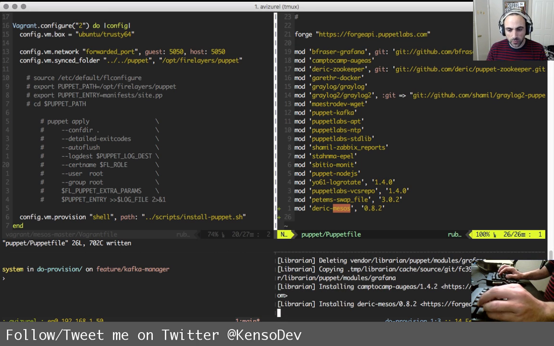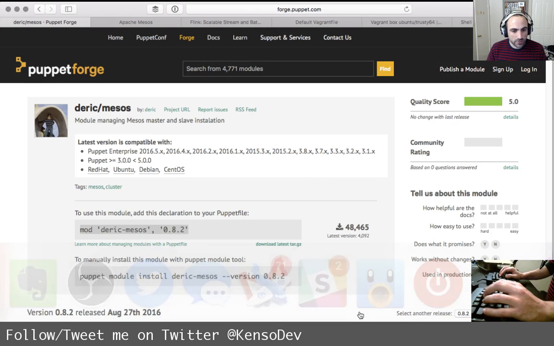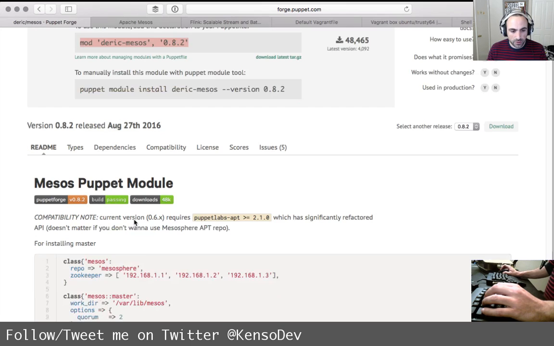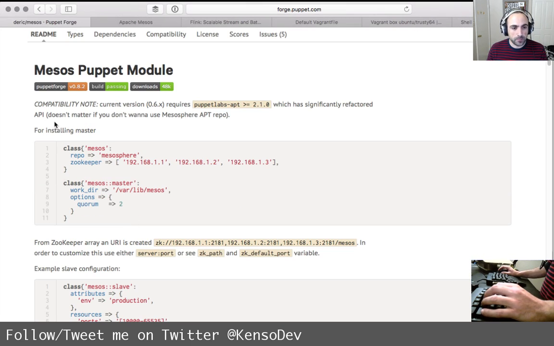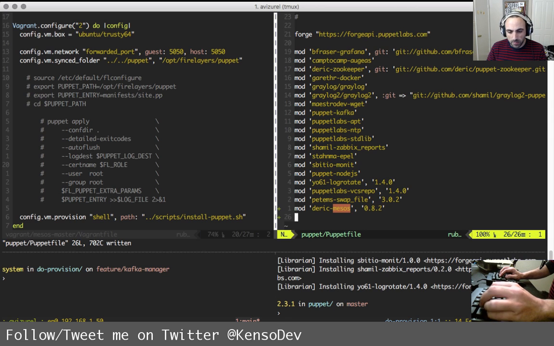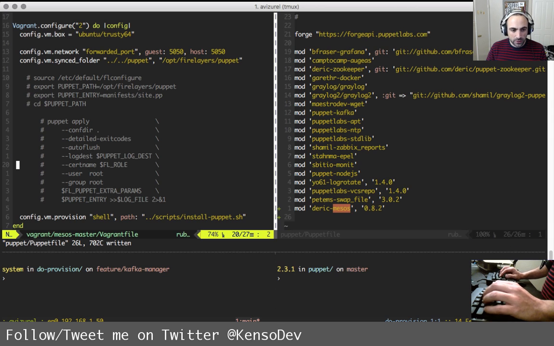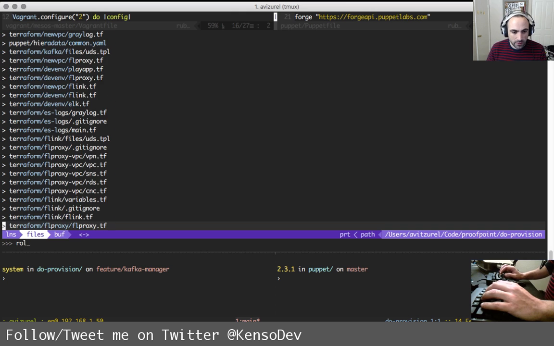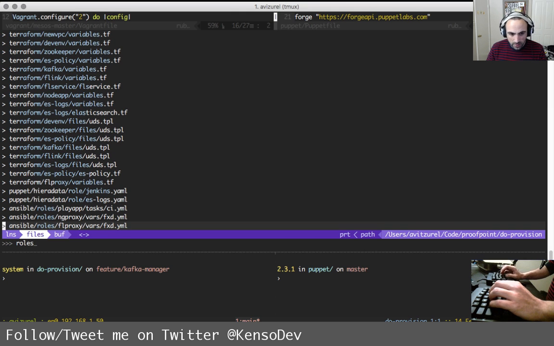While this is installing, let's look at some documentation for installing master, class mesos, repo mesosphere, and zookeeper. Okay, first, before we do anything else, we're going to need to create a new role. So let's see how we do with the roles here.